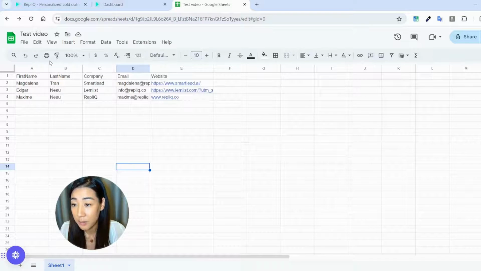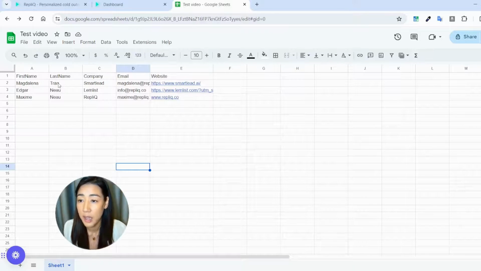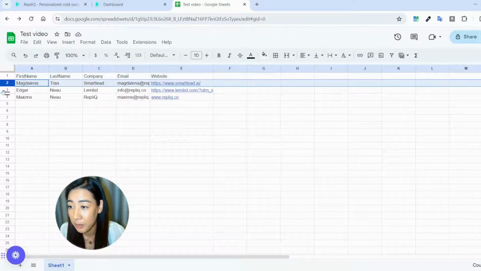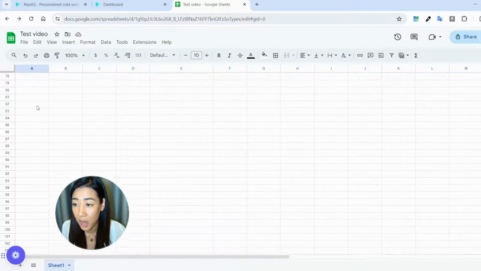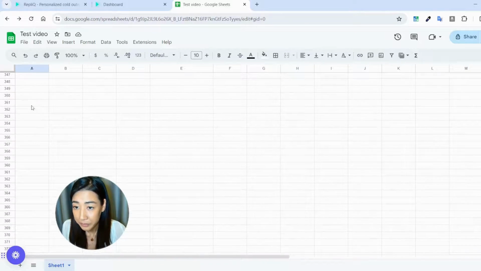And for these images, you would just need the first name, obviously, but when you're having your prospect list, usually you have more columns, and you will not need a specific file for Replic. So you use the prospect file that you have. And obviously I only have 3 example leads here, but you could have hundreds of leads